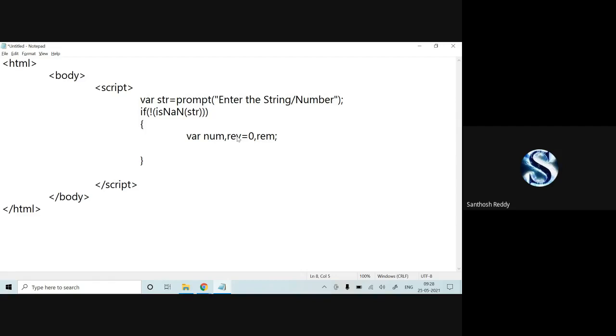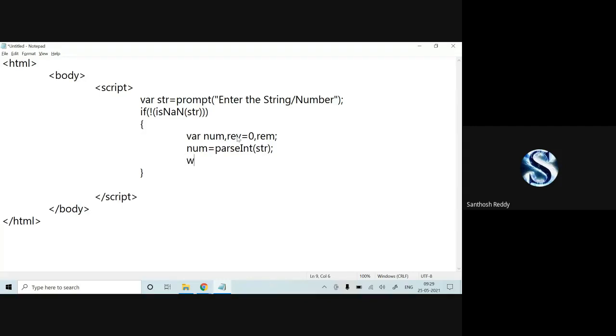Whatever number I get, I'll be converting into an integer. If you give a float, at that time we have to convert it. So num is equal to parseInt. This statement is used for converting your float or anything into an integer. Then only can we reverse the number.